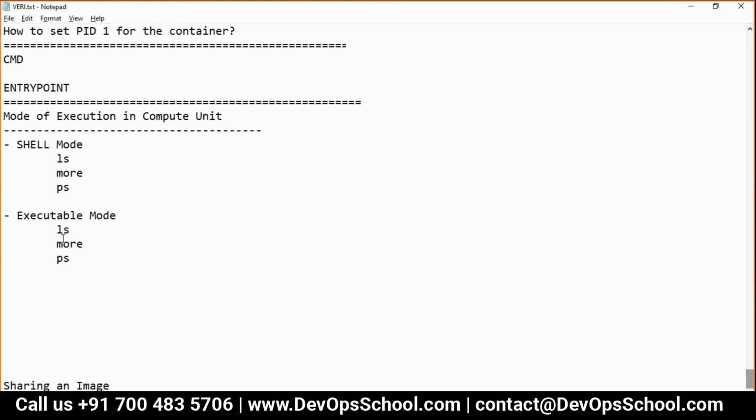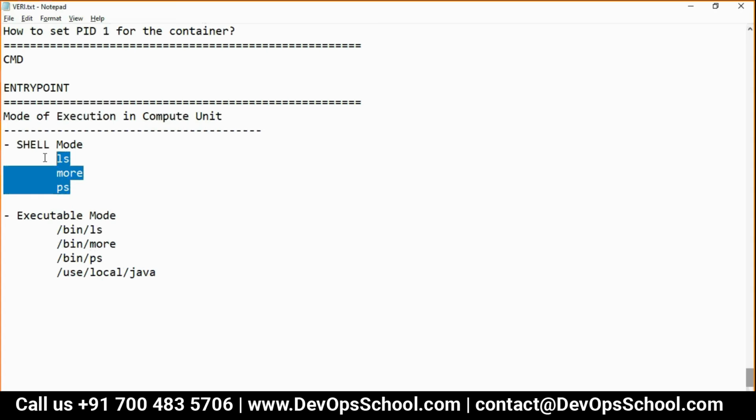How? This way. Give the full path. So this is the executable mode. That means you are calling that executable directly, not taking help from the shell.